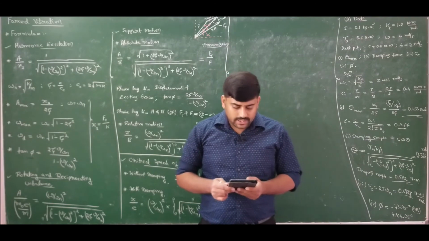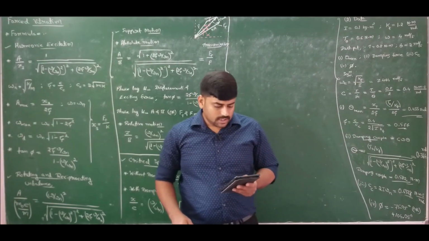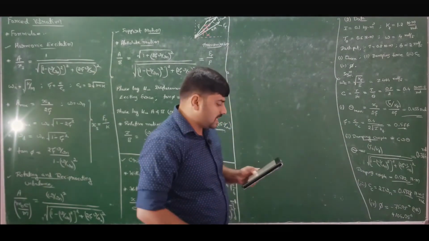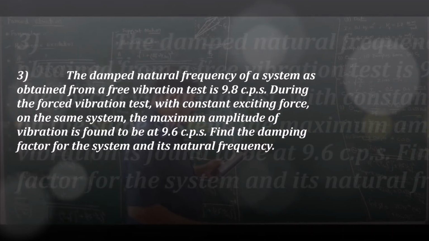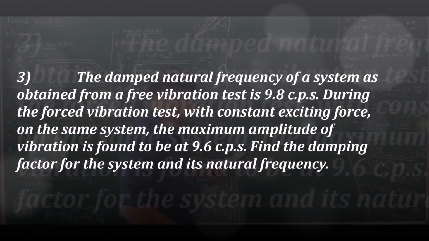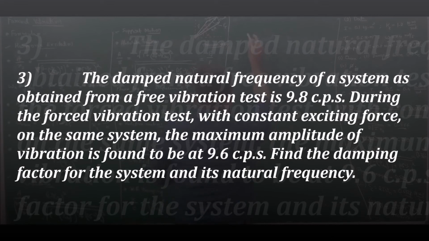Now moving ahead for problem number 3. The problem states that the damped natural frequency of a system as obtained from a free vibration test is 9.8 cycles per second. If I list out the data given, the damped natural frequency fd, because it is specified in cycles per second, is 9.8 cycles per second. During a forced vibration test with constant exciting force on the same system,